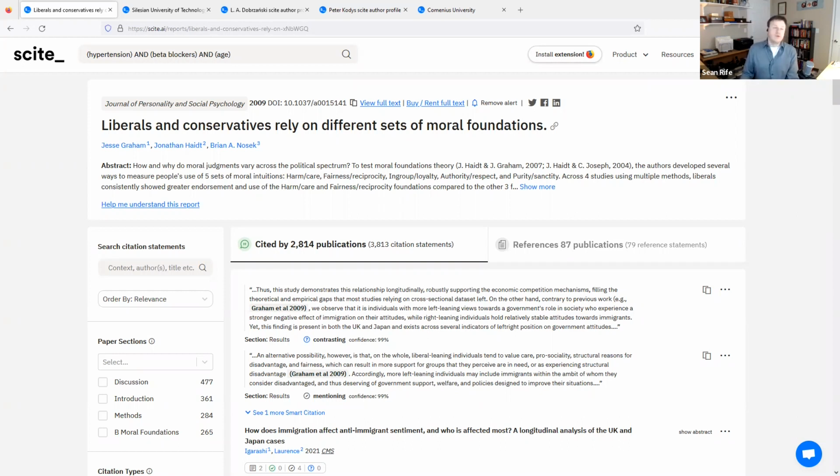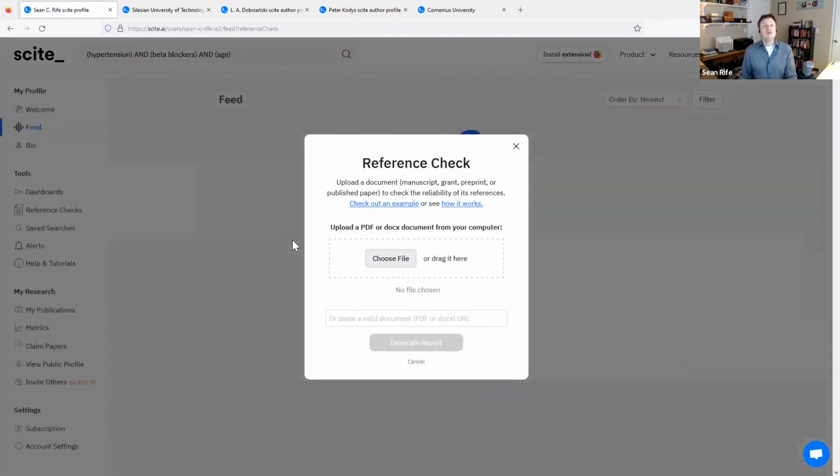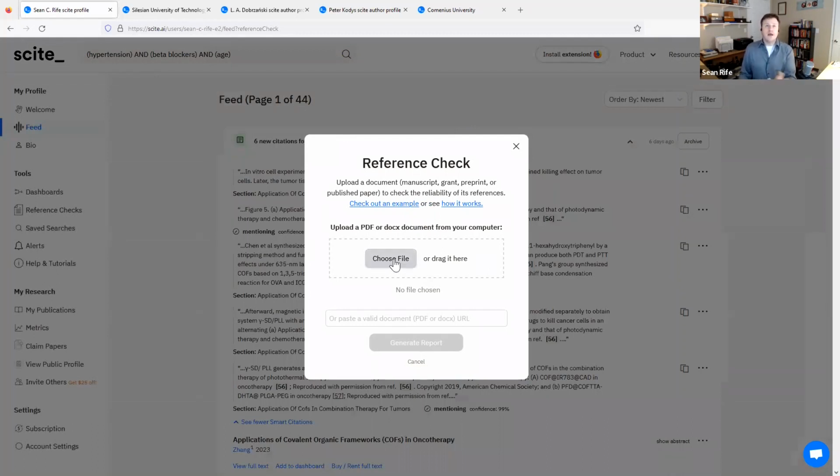So that alerts feature is really important in terms of the ability to keep up with the latest research on a given topic. A final thing that I will go over real quick, because I do want to make time for some questions: if you're writing a paper, we've talked about different features that scite has from the perspective of needing to read research, but as researchers, our job is not just to read research, it's to actually write and produce research. So we have some features that help in that writing process, and one of the key features in that area is what we call our reference check feature.